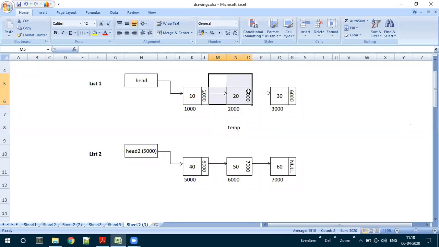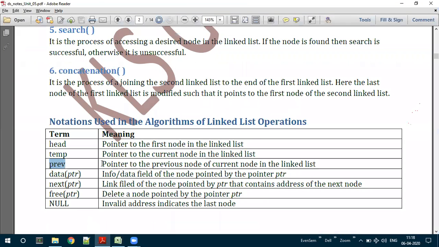So previous means, before this 20, which particular node do we have? We have the 10 node. So this is previous. Previous is a pointer which is pointing to the node previous to the temp node or the current node. Previous is a pointer to the previous node of the current node in the linked list.